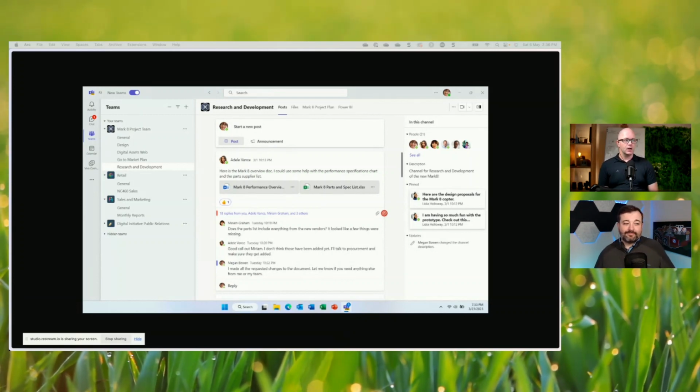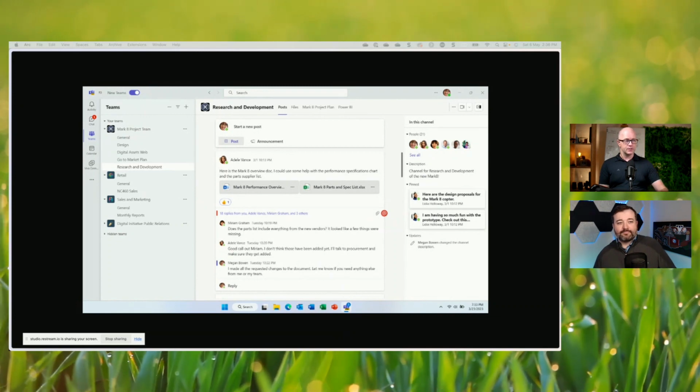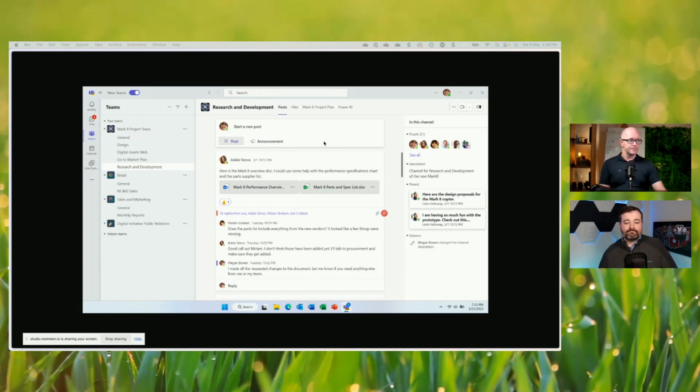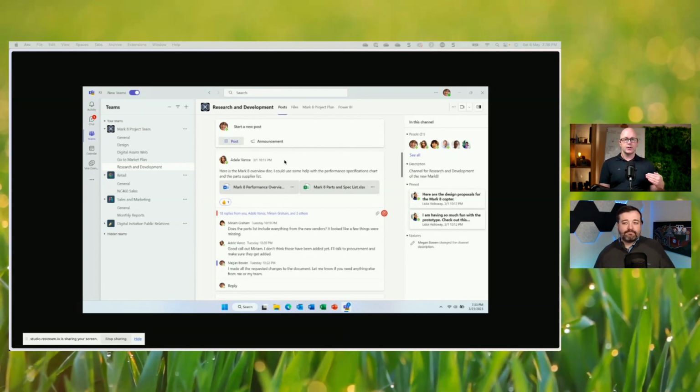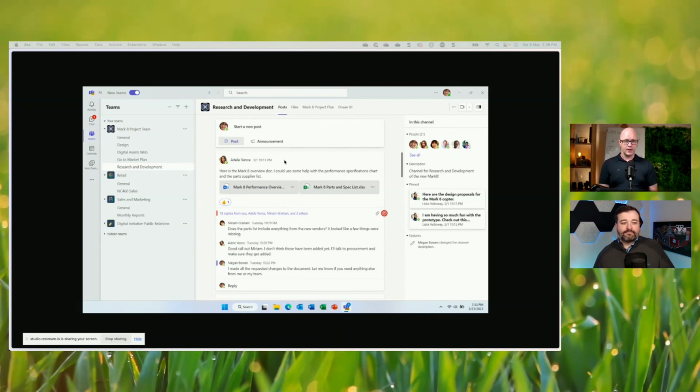Not a great image. It's a little blurry, but I'll also describe it to our listeners. Typical Teams, you've got teams and channels down the left-hand side. The new channel experience still starts with posts. And what's happening is your post box or your compose box is at the top of that channel. You get to choose what kind of post it is, post or announcement. And then immediately below that is the most recent message, and that also has replies against it. So you're not going to the bottom of your channel now to see new messages. It's at the top, which is actually quite consistent with a lot of other applications and conversation styles. Engage, for example, is like this.